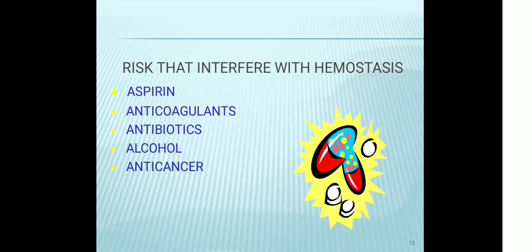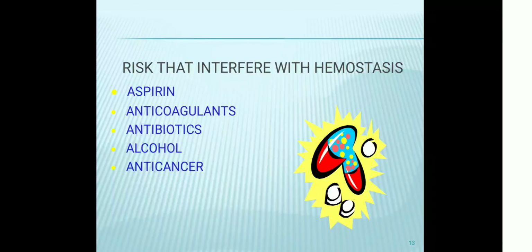Now, last is what drugs you should keep in mind that you should not give to such patients while treating them in our dental scenario. The risk category that interferes with hemostasis is first of all aspirin. The patient is usually a chronic aspirin taker, and we have to take a proper history in these patients: how long you are taking it, how much dosage you are taking, what is the normal bleeding and clotting time in you, what is the INR ratio in you, what is the prothrombin time in you. You should always keep in mind the last 6-month report of the medical tests in a chronic aspirin taker.